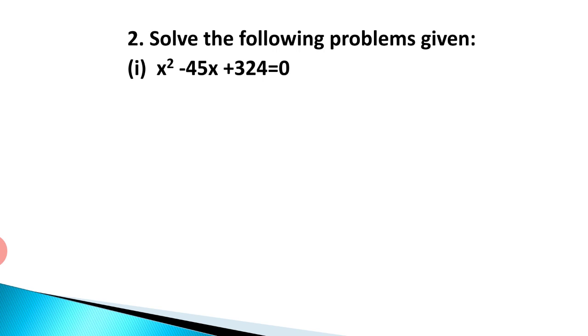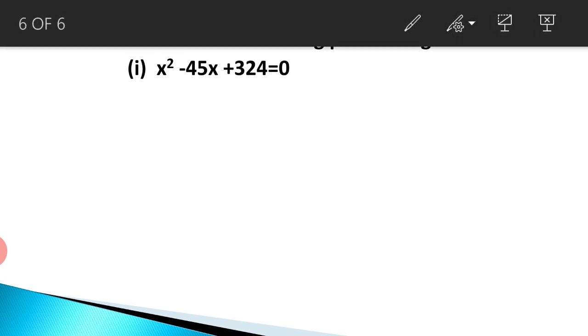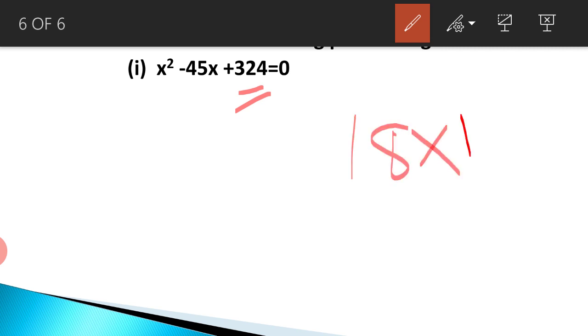Now how to do it? So when you look at 324, can you say that it is the square of 18? Is it the square of 18, 324? If you don't remember, this is one method: if you are remembering that it is the square of 18, then it is very easy to get the combination. Now 18 and 18 is not our solution because 18 plus 18 is 36. We want the sum because the last term is positive. So factors whose sum is 45.